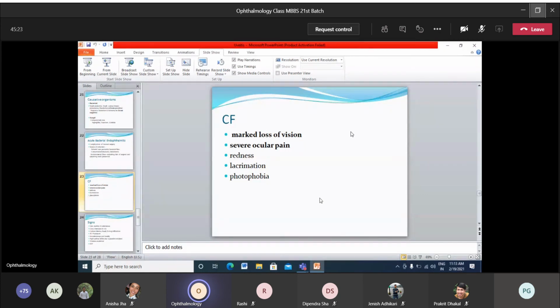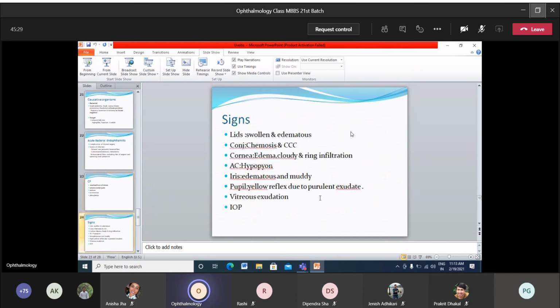After that, there will be redness, lacrimation, and photophobia. And then the lids will be swollen and edematous, like in any other inflammation. Then in the conjunctiva, there will be ecchymosis and circumcorneal congestion. The cornea will be edematous and cloudy. There'll be ring infiltration, and hypopyon in the anterior chamber, a very important feature. The iris will be edematous and muddy,